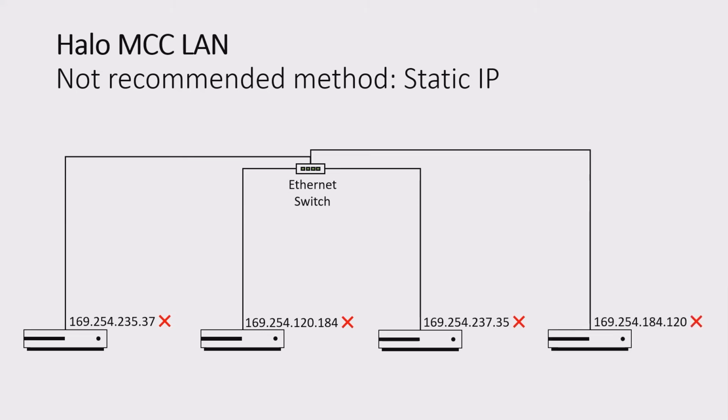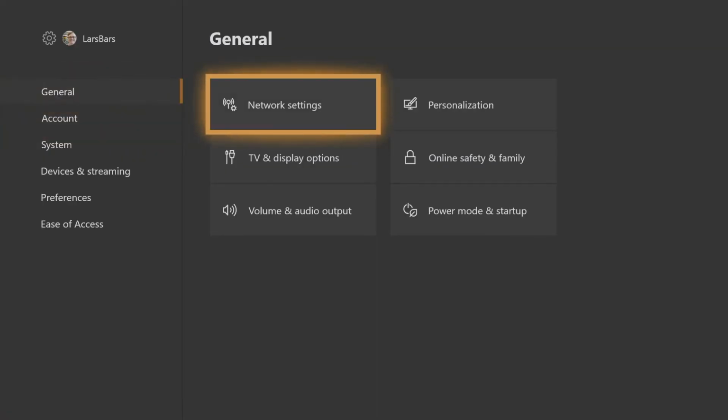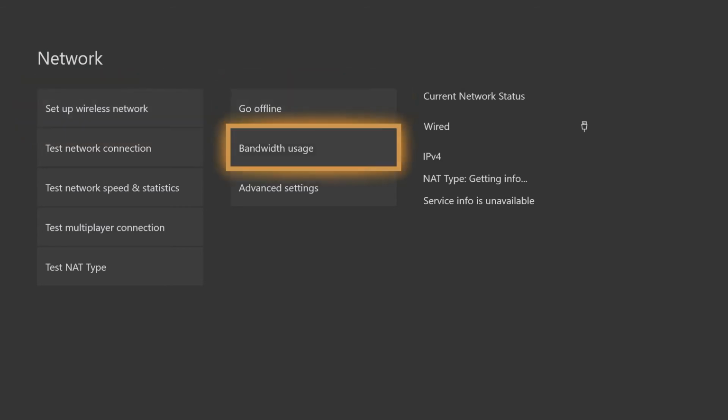As you plug in Xboxes, they will automatically give themselves an automatic private IP address that starts with 169.254. Unfortunately, these private IP addresses will not work for Halo MCC LAN games, so you will need to go to each console individually and manually configure a static IP address. To do this, open the Xbox Settings app and go to General, and then Network Settings. Next, go to Advanced Settings,